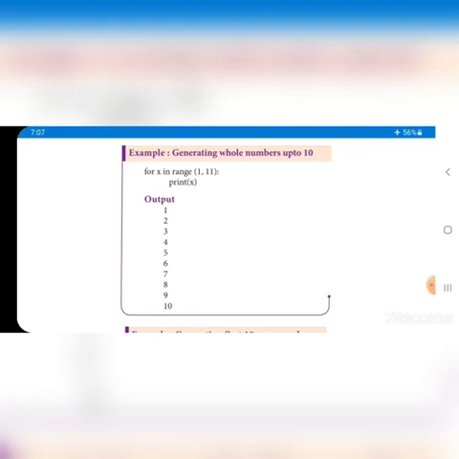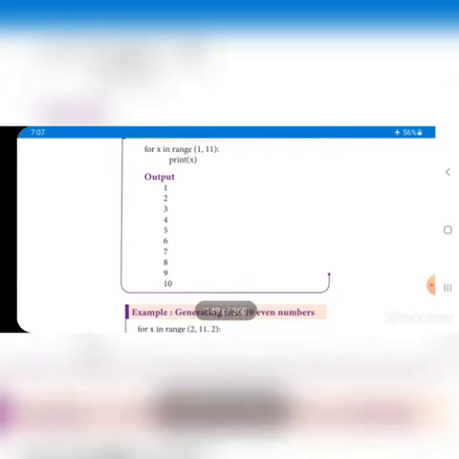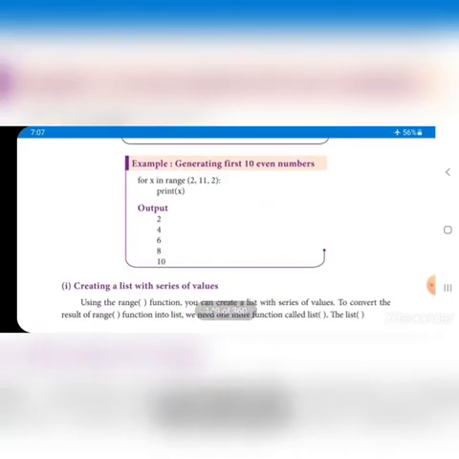So the previous number is where it stops, because the value must be less than 11, right? So print means all the values 1 to 10 are printed, and 11 is not printed because the condition is going to be false, right? After that they have also given a step value: 2, 11, 2.